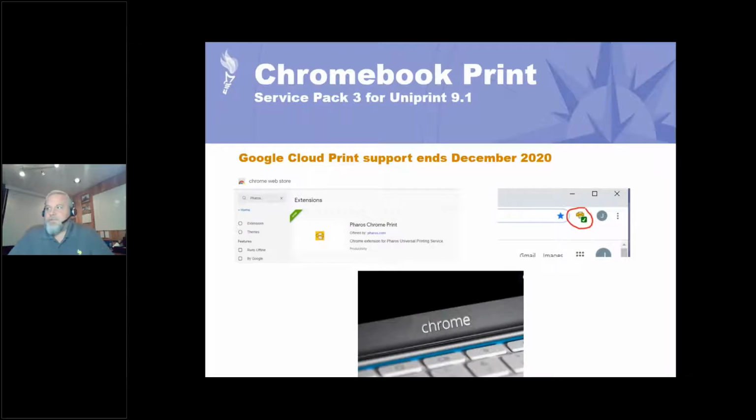The next item on the list here is an update that provides Chromebook printing. Google has decided to end support for Google Cloud Print at the end of the year. Google Cloud Print provided the capability for Chromebooks or Chrome OS anyway, whether it be on the Chromebook or whether it be on a browser, to send jobs into a printer. In our case, it was a receiving print queue that allowed customers to then go to release stations and release the